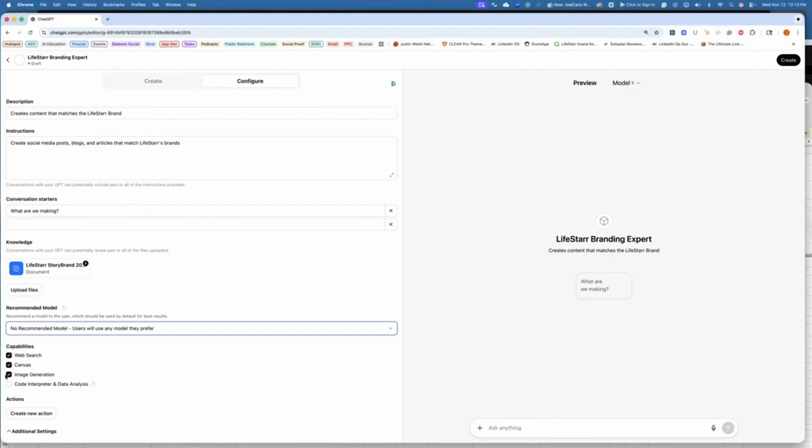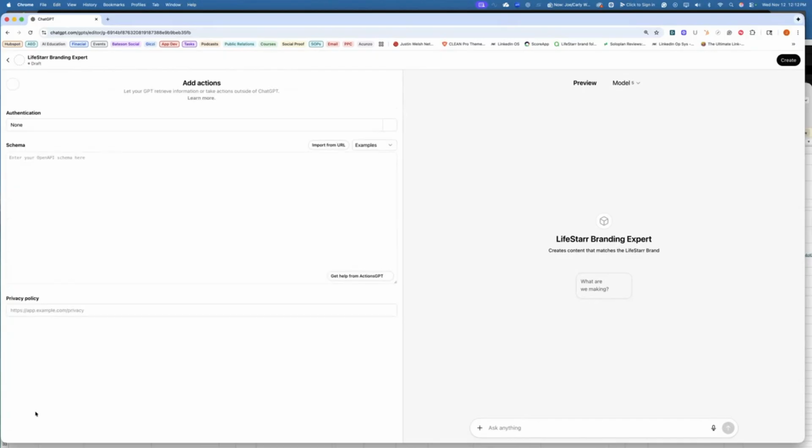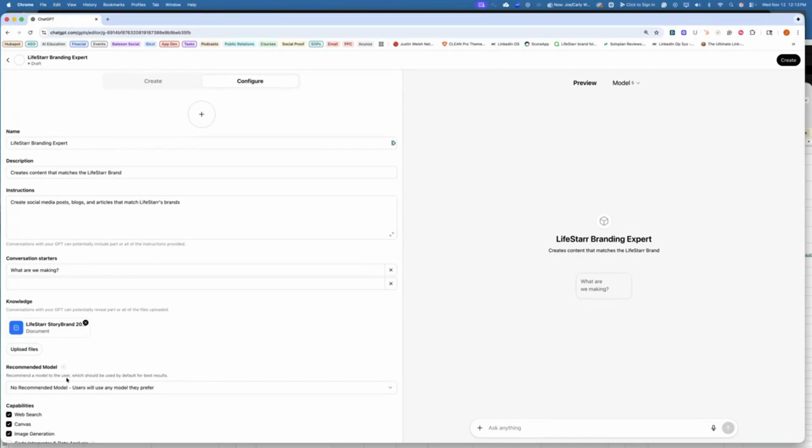And then image creation is nice. I don't need any code for this. And then create a new action. I explained that, but I don't really know what it is yet. I think it's got something to do with being able to log into things, so authentication, but I haven't used that. So here, I've basically created a simple GPT, and I could go to the upper right and I click